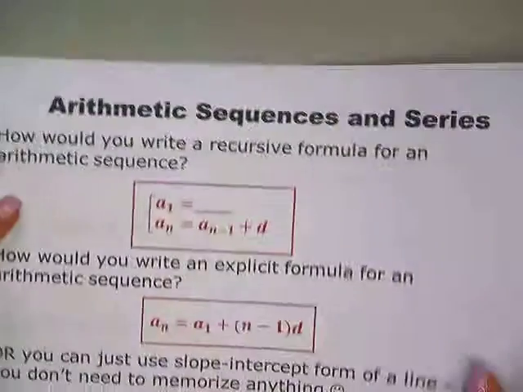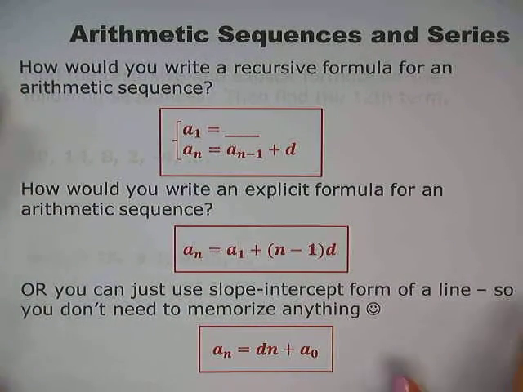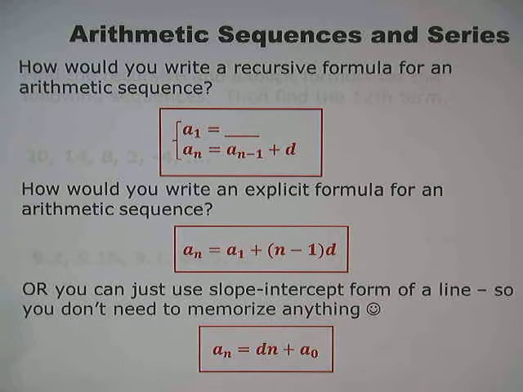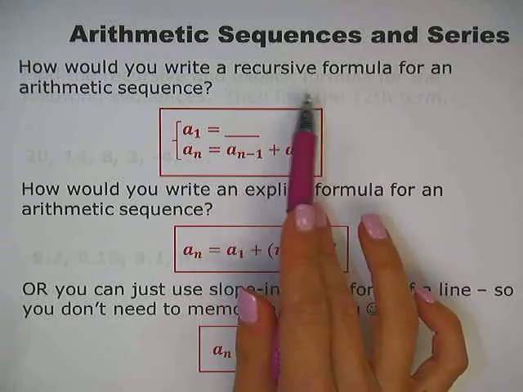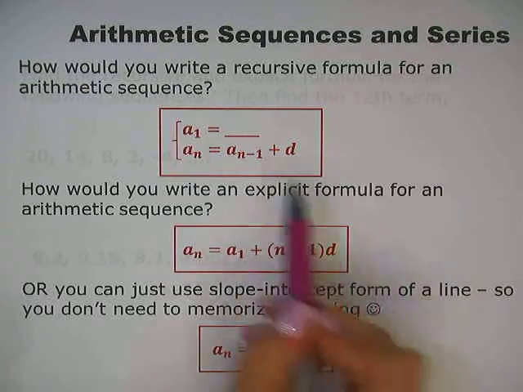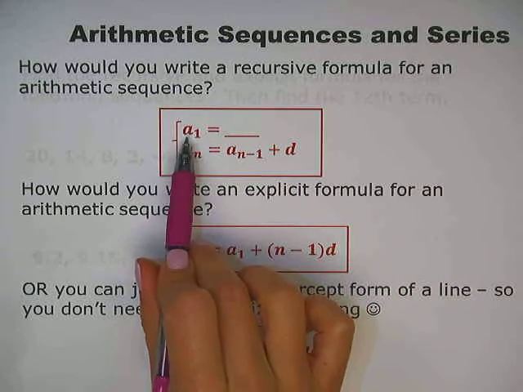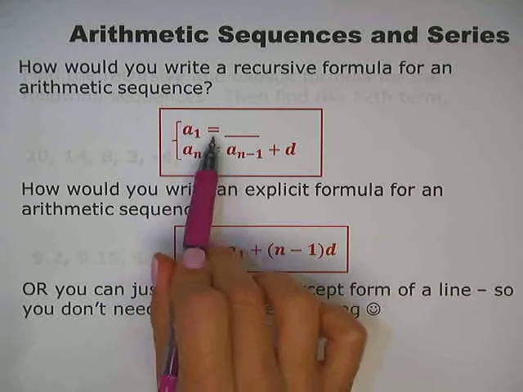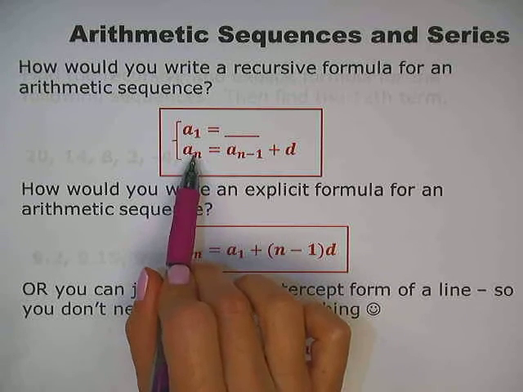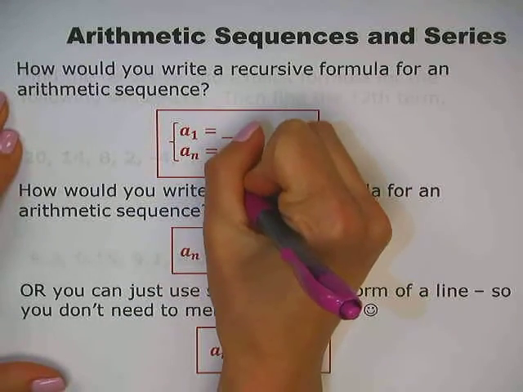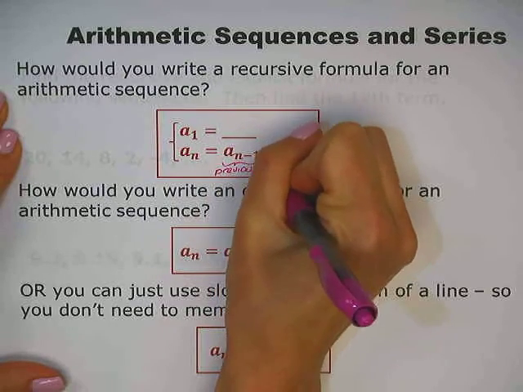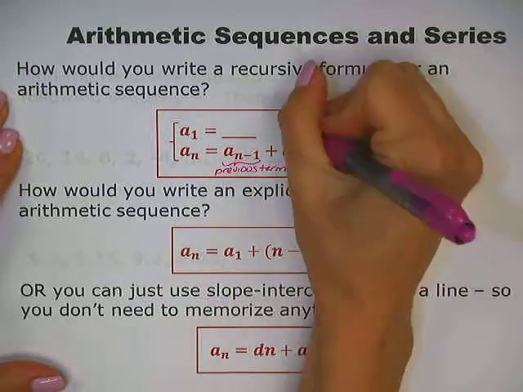Now, of course, formulas. In this chapter, there are quite a few formulas. You don't have to memorize all of them, I should say, because a lot of them in this lesson in particular are pretty much just common sense. So for example, if you look at a recursive formula, we've talked about this before. A recursive formula is when you call the previous term. In other words, when you define a recursive formula, you always define your starting point. A sub 1 is blank. And then a sub n, every other term in the sequence, would be defined as the previous term. Again, this a sub n minus 1 is the previous term. And then the plus d is, of course, the common